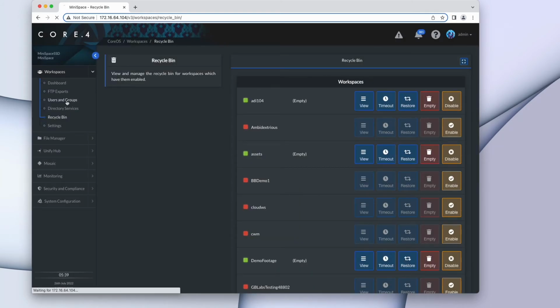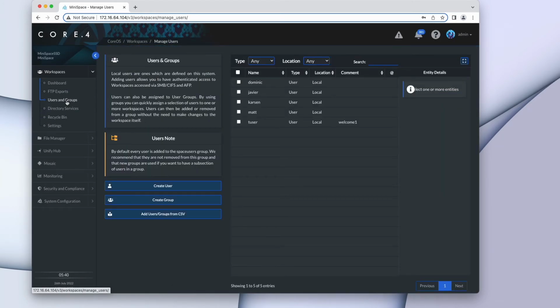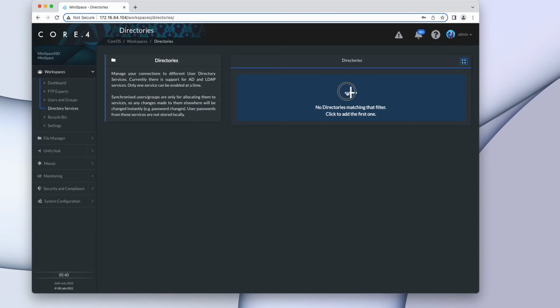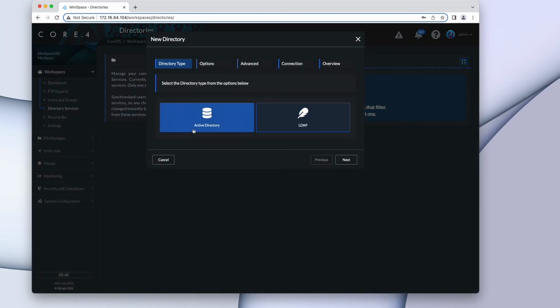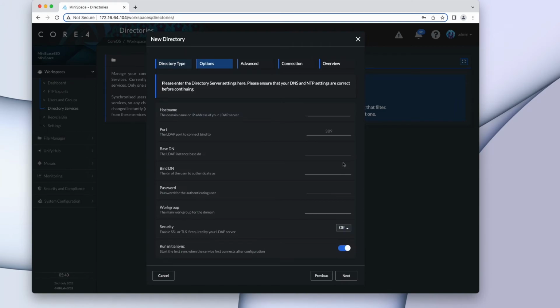Under Users and Groups, the process of adding new individual users or groups remains largely the same from earlier CoreOS versions, aside from the new interface. Clients with single sign-on services will find notable updates under Directory Services. Users can now choose between Active Directory, which now supports many new features, and our newly added option to use LDAP. The new version 4.5 interface now provides an easy-to-use wizard to connect CoreOS to your organization's SSO. Simply follow the prompts and add the requested information to establish a connection.